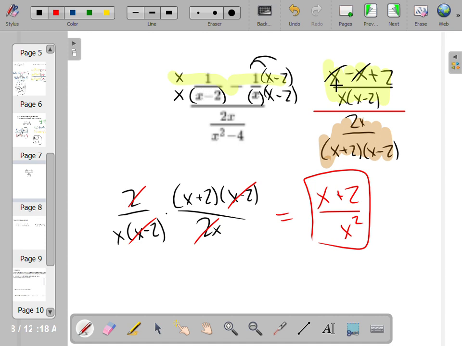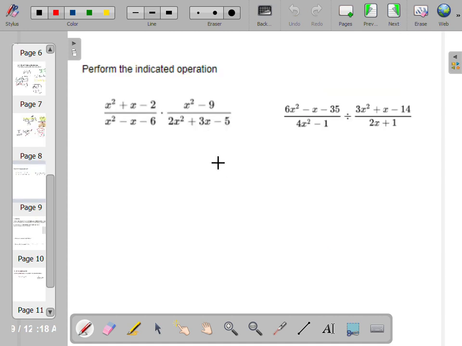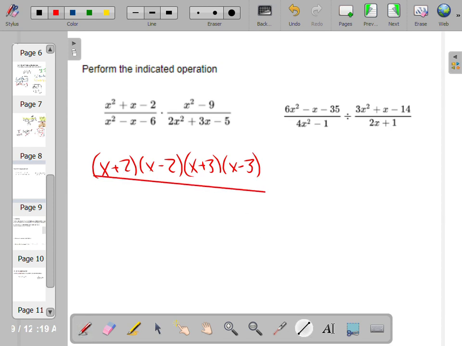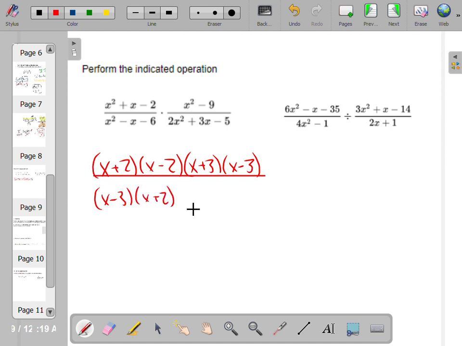Okay, I think we have some operations still. Multiplication, we got to factor everything. So we got to factor all 4 of those. I'm not going to split the middle for all these. I can do them in my head. You can work them out if you want, but I'm going to do them in my head. X plus 2, x minus 1. That's the first one. This is a difference of squares, x plus 3, x minus 3. Down here, things that multiply to negative 6 and add to negative 1 are negative 3 and positive 2. And then this guy,